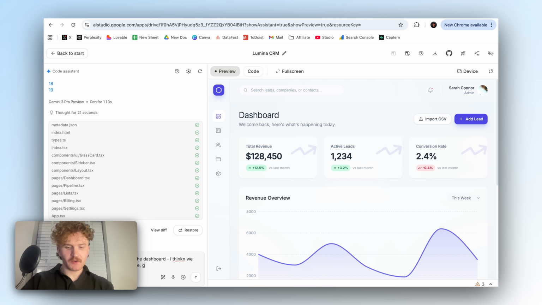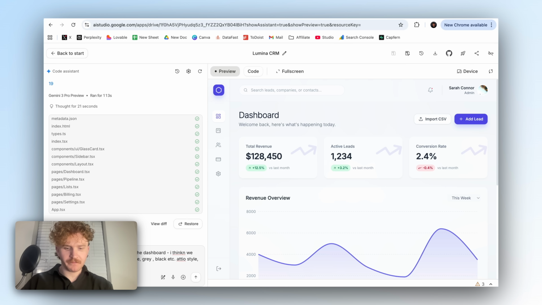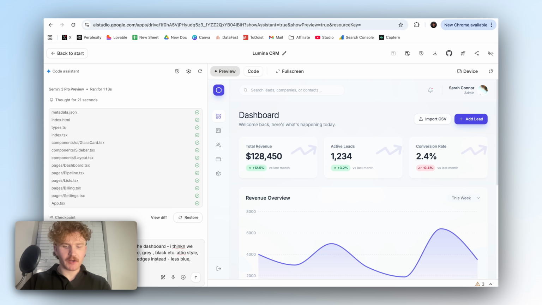Majority white, grey, black, etc. Attio style, Linear style, less radius of edges. So you see how it's kind of sloppy when there's rounded edges. I much prefer square edges. Square edges instead. Less blue, more white, black, grey. Adding images for